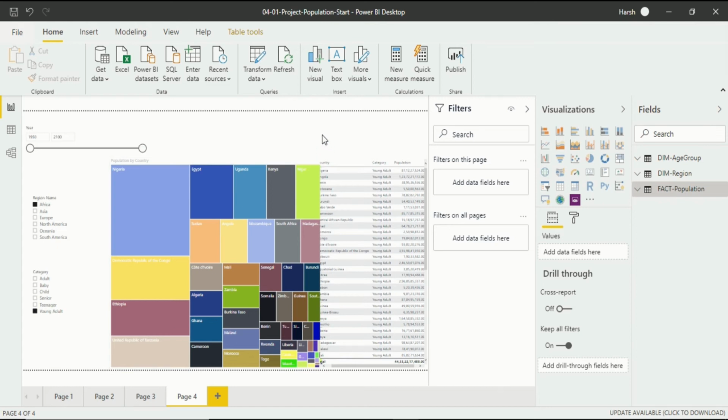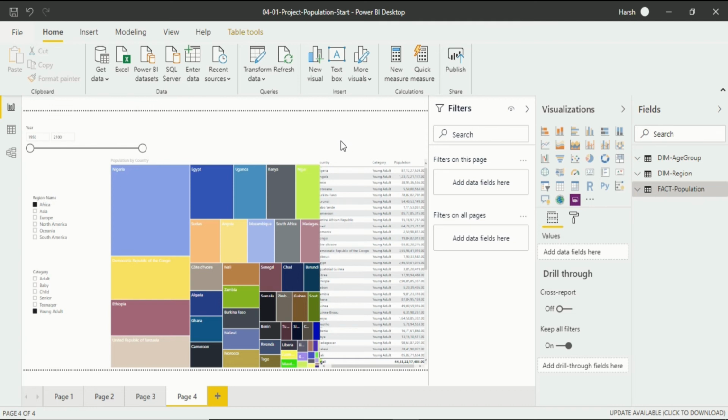First of all, we will cover report filter. Now I want to filter something for all the pages. So how do I do that? First of all, I will think of something that I want to remove from the report, that means from all pages of the report view. So I will minimize the specification in my years. I will not cover the whole range, which is 1950 to 2100. I will cover 1950 to 2000. Sorry for that, they are 150 years. Now I will cover only 50 years.